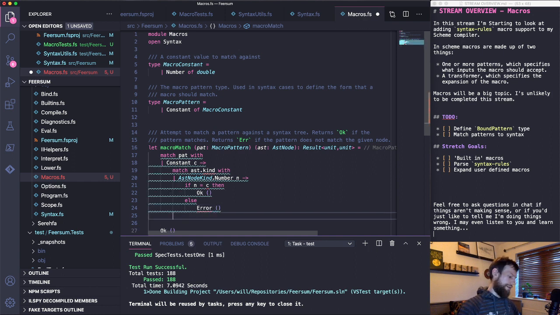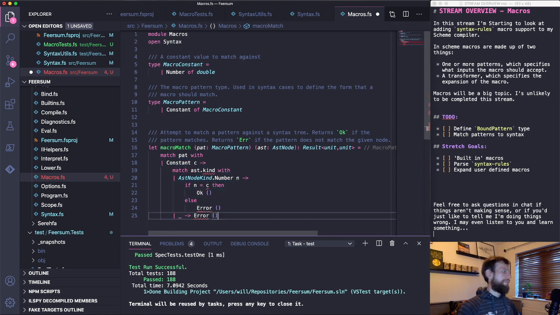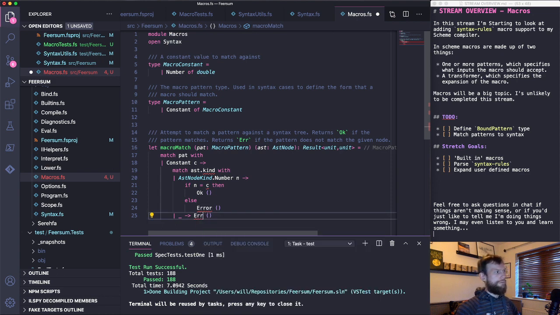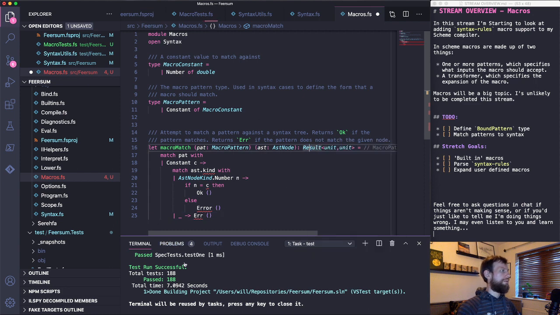If we got any syntax node other than a number, it's an error. We don't actually know anything other than constants yet, and that's error, isn't it? Result,